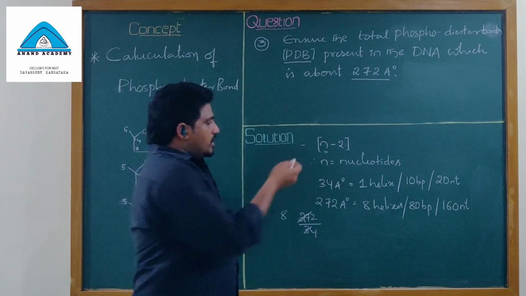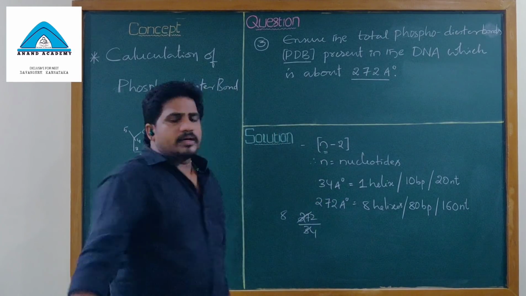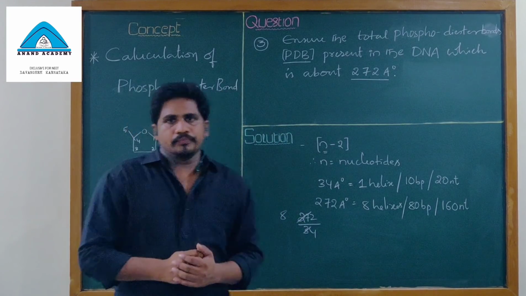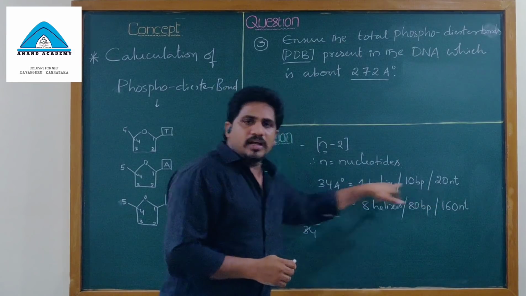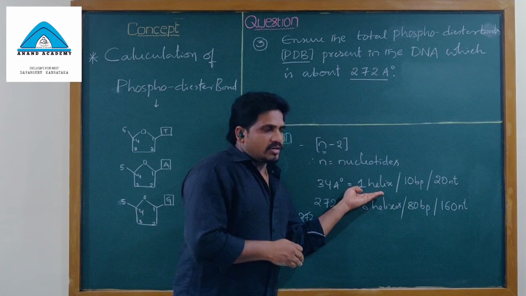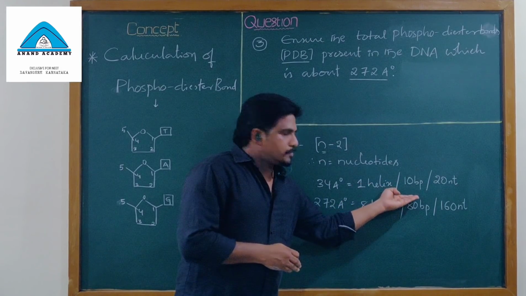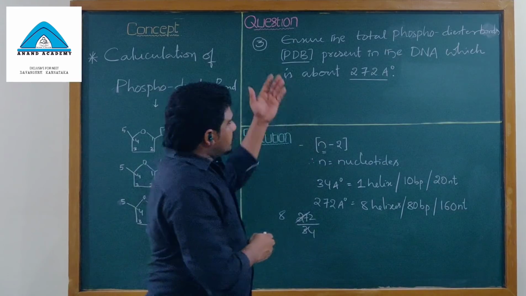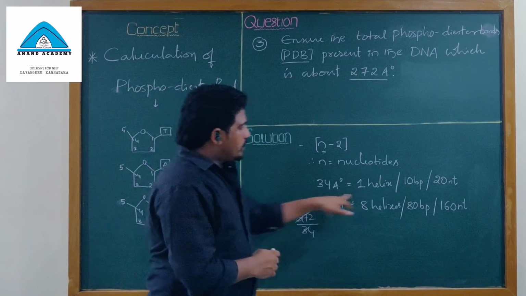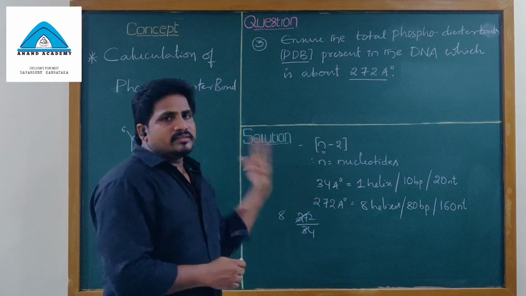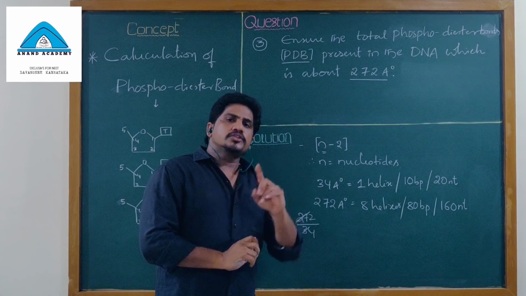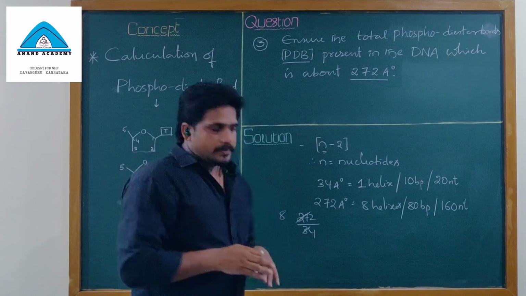We can calculate the nitrogen bases and the phosphodiester bonds from the helices as well as from the length. So this is a universal formula. Whatever they have given, if it is length, you can go for the helices or turns; from the turns you can go for the base pairs and also nucleotides. If they give the helices, you can go for length or base pairs. So when you extract the data in any format, the answer will be easy without any confusion. You can choose one option among the 4 without any doubt.